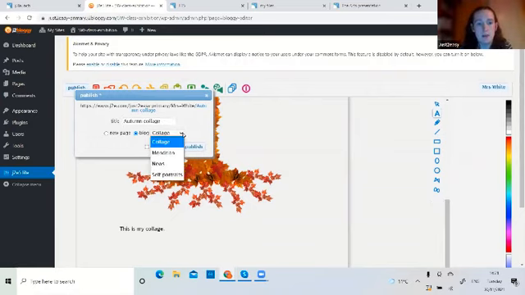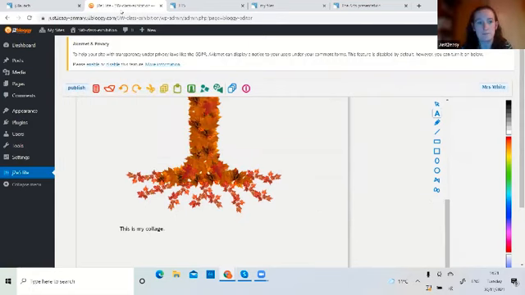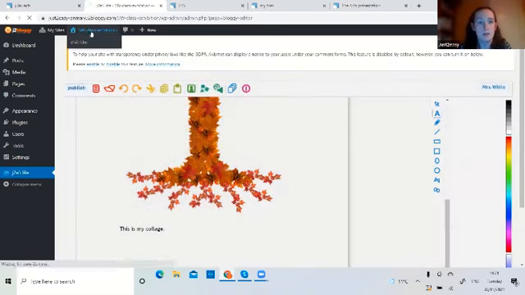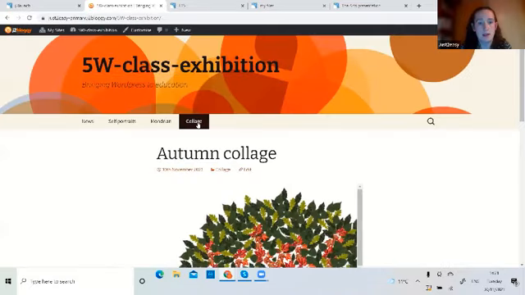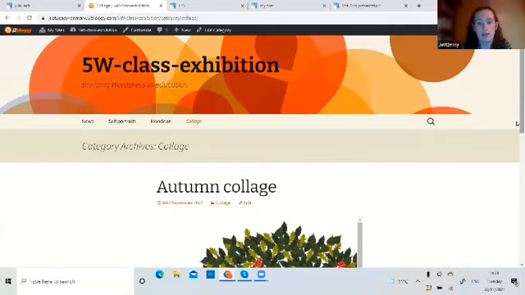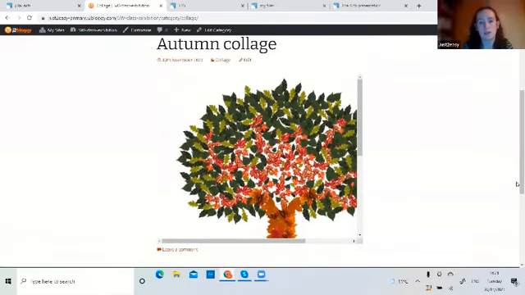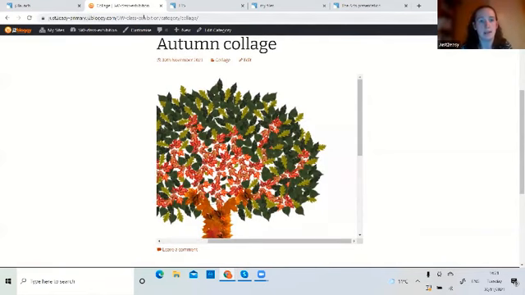And there's a little drop down menu to ask which category I want to put it in. So I'll put it in category collage and publish. Again, my children can do this. Harley could do this now. I've made him an editor. I go back to my site and look in collage. There's that picture. Now I've not quite adjusted the size right. So it's entirely possible to get this so it doesn't have the scroll bars, and I will show you an example of this now.